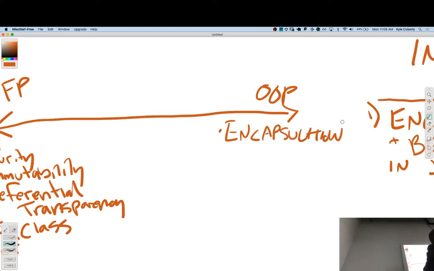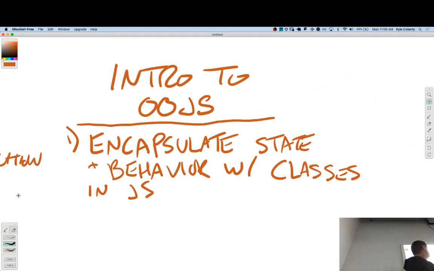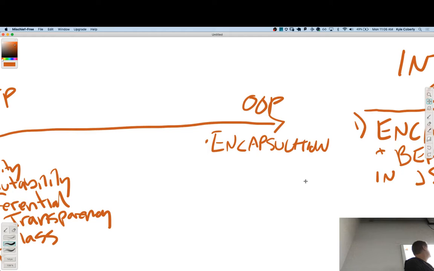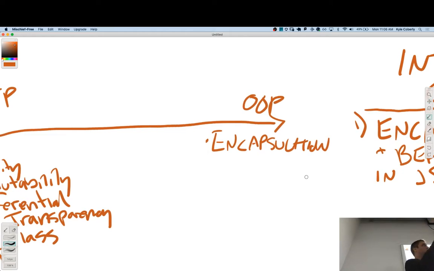Anybody know what I mean by encapsulation? I'll give you a hint. It's right there in the objective. What are we encapsulating? All together now. State and behavior. Very nice. So if that's the thing that we are encapsulating,